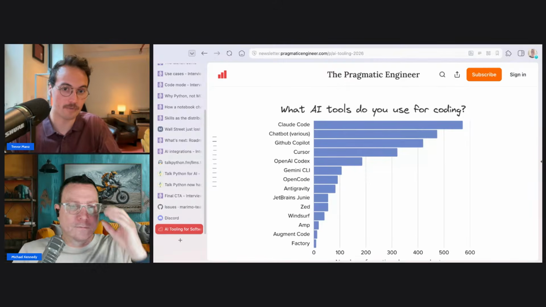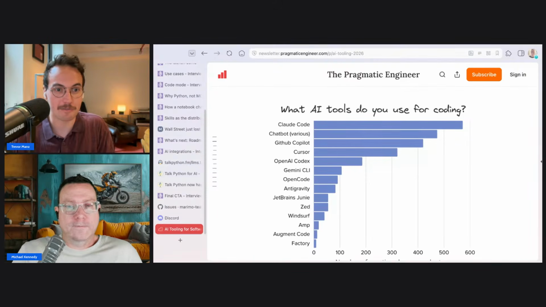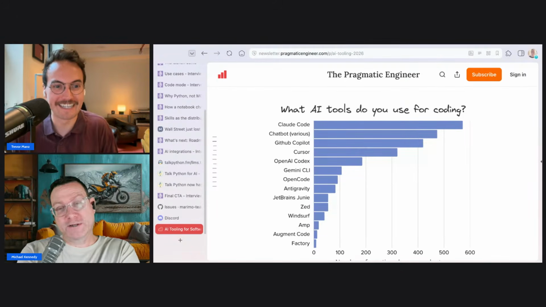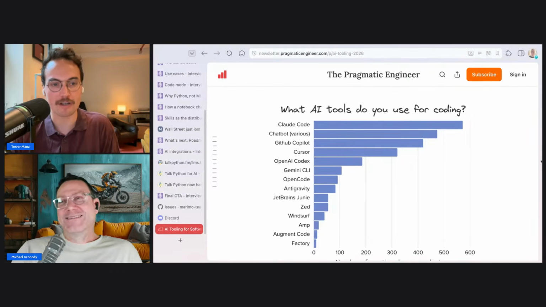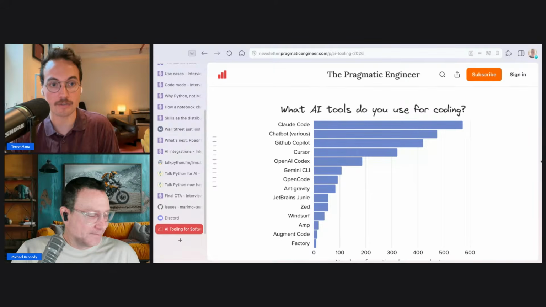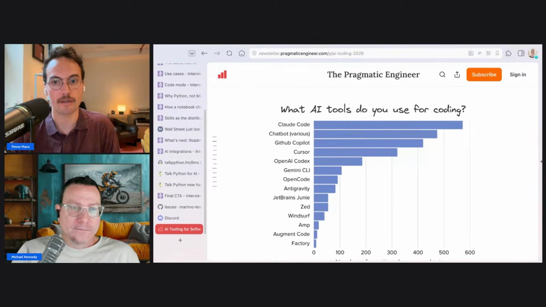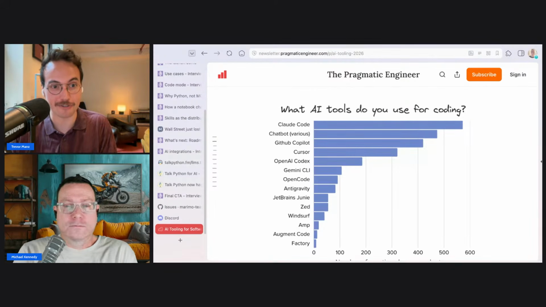And I look at these bars here. There's going to be jumping back and forth between these depending on what the providers dictate in terms of their models. And who gets blocked by the U.S. government, who doesn't? Exactly. So for us at Marimo, as long as we can make sure that regardless of what agent you use, you will have notebooks as a useful tool, and then at the end of the day, you're still just generating Marimo notebooks.